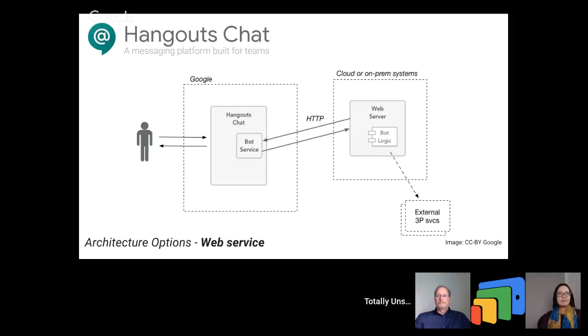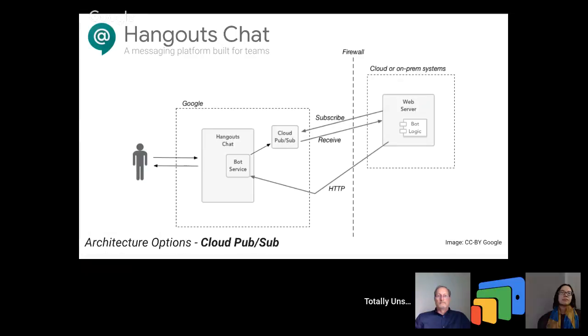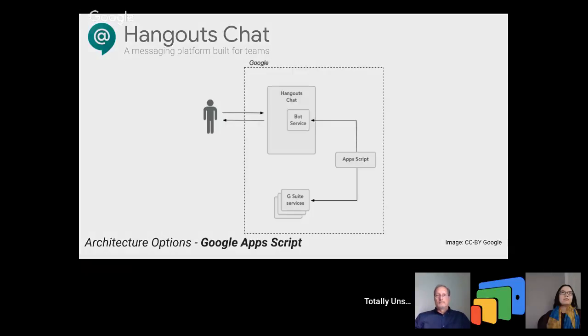That can hook up into something else and pass it back into the bot, and the bot is then interacting with the user who's interfacing via the Hangouts application. You can even go into Cloud Pub/Sub and do some more stuff in terms of subscribing and receiving that kind of push-pull notification. But also